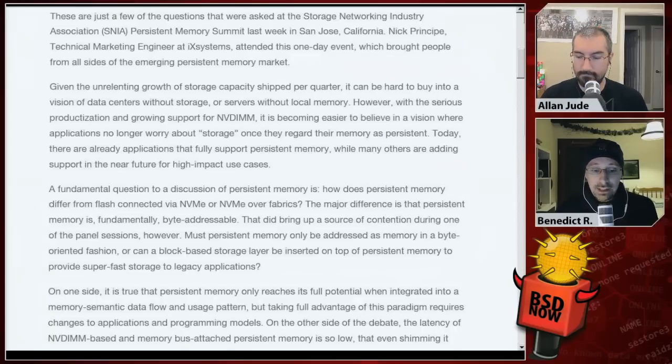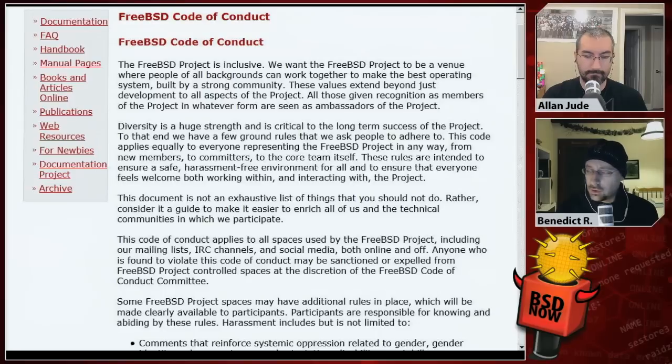Okay, our next story is the new FreeBSD Code of Conduct. FreeBSD has had a code of conduct for a couple of years now, and we replaced it with a newer one, which was released just last week, so we'd like to cover a little of what the code is all about and what it currently contains.